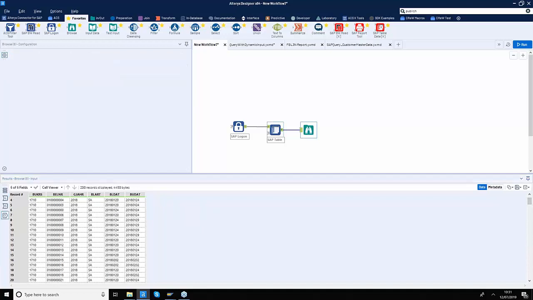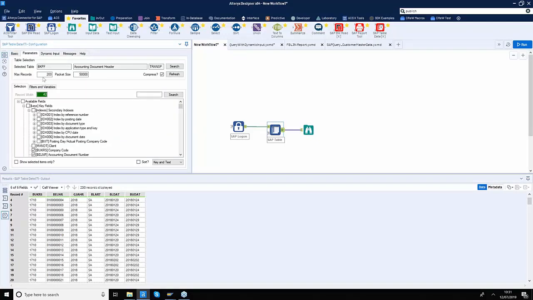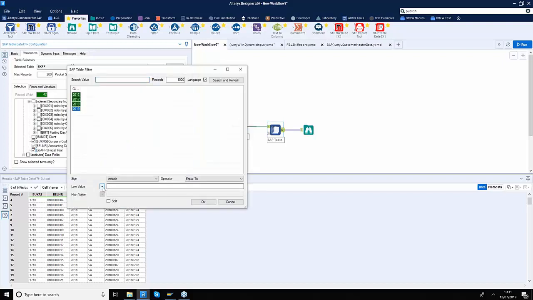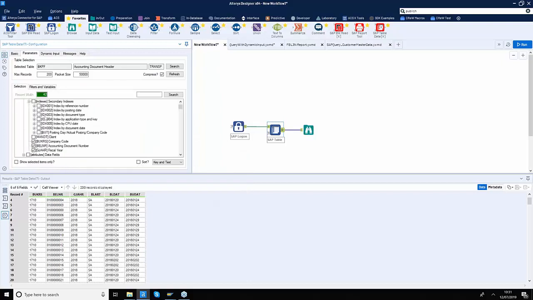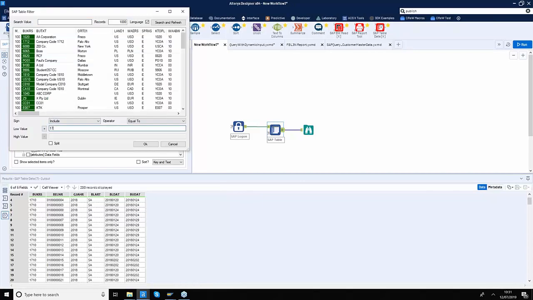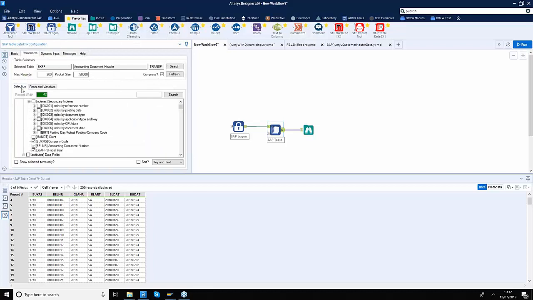Now let's go back to this tool for a moment and understand some of the advanced options. Let's say I want to apply a filter on this table on fiscal year. So I'll right click here and say get me data for year 2019. I also want to apply a filter on company code. I believe we do have some data in this system for company code 1710. So I'll just simply type 1710 in here, even if I don't want to search for it. And that line is added there as well. So this is how you can apply filters.